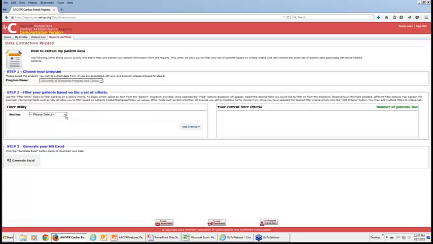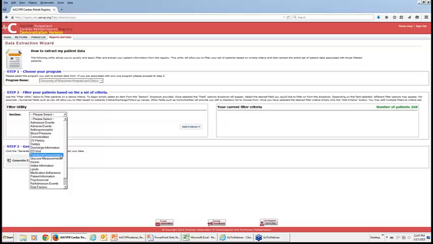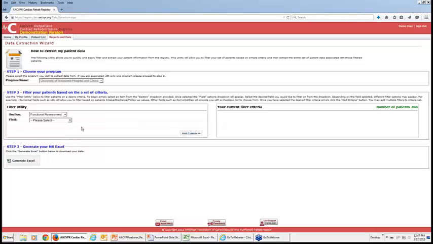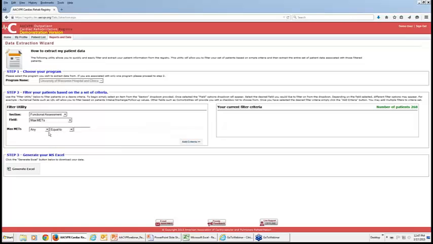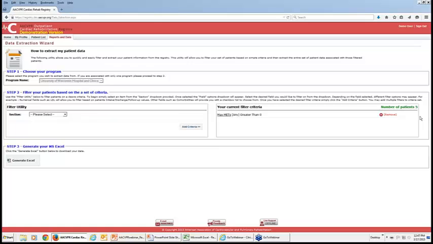And to correct that max mets, we have to first find records that actually have that data entered. So we're going to go to the functional assessment, because that's the section where the max mets is. We're going to choose max mets. And you could look at either intake or discharge or follow-up, but I'm just going to try to find any record that has a max mets value. Now, I just want to see if there's any number entered in it. So I'm going to put 0 for the qualifier. I'm going to add that criteria. All right, so this says that of the 298 patients, 5 records have max mets values in them.